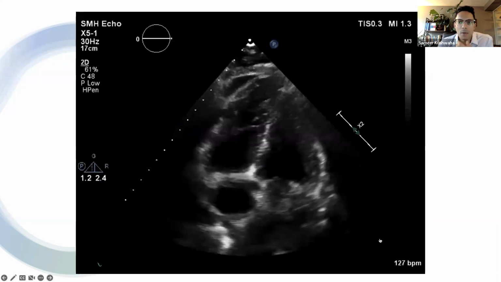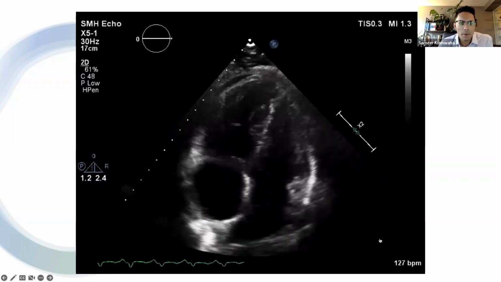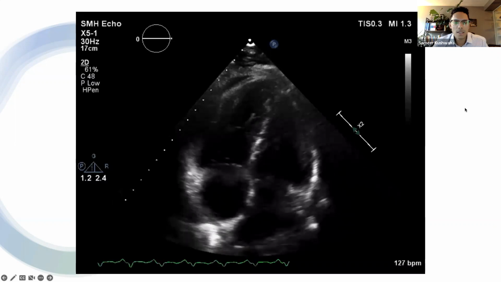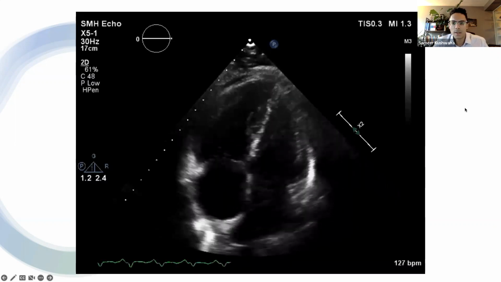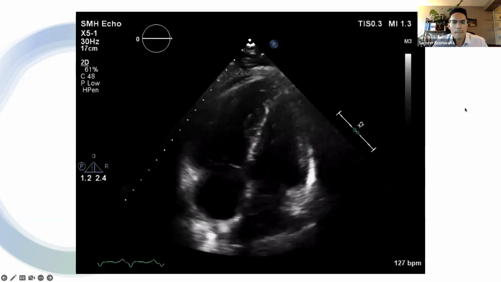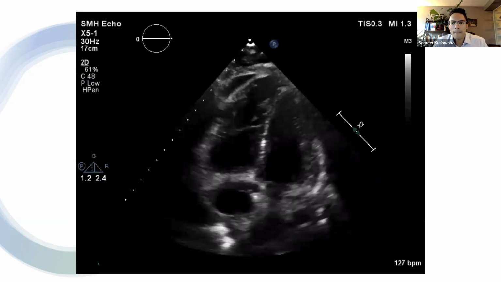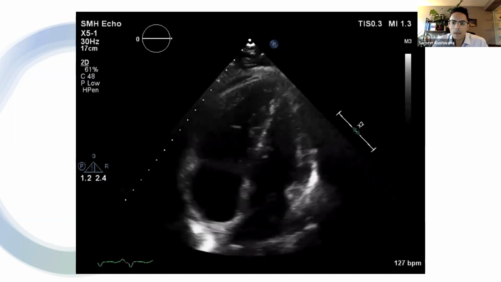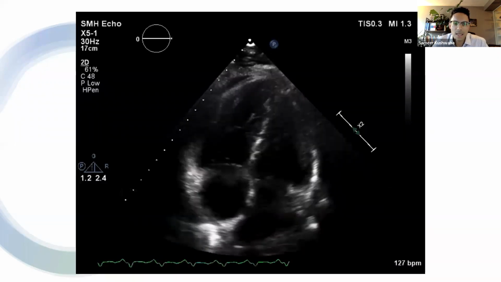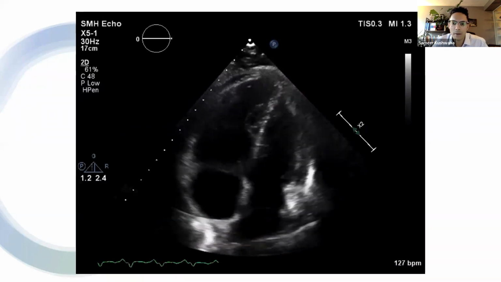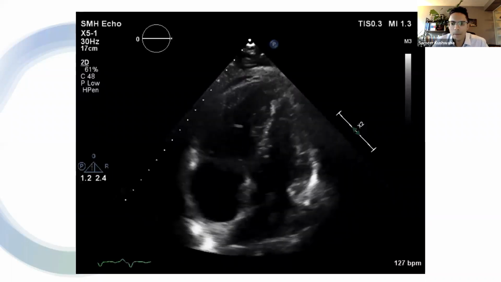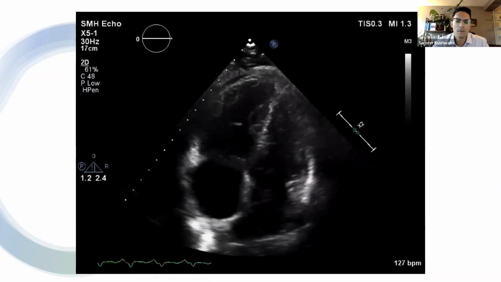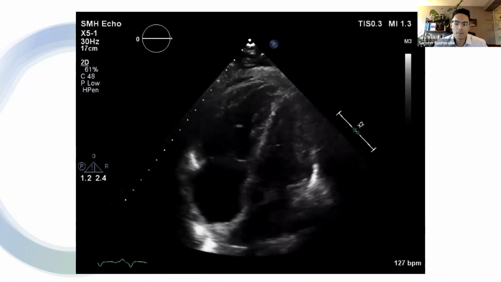And then moving on to the apical four-chamber, you can now see a small pericardial effusion located near the RV apex. You can see again that the RV is grossly enlarged and nearly the same diameter as the LV. The septal bowing is still visible. And if you really look at the right ventricular free wall myocardium, you can see that it is somewhat hypokinetic with impaired thickening, but the RV apex still continues to be quite mobile and contracts better than the rest of the RV, which is known as the McConnell sign.